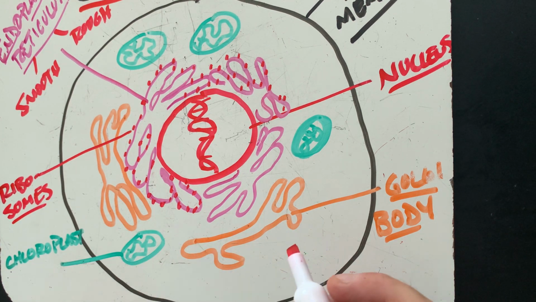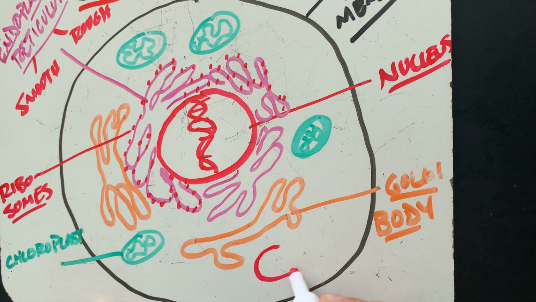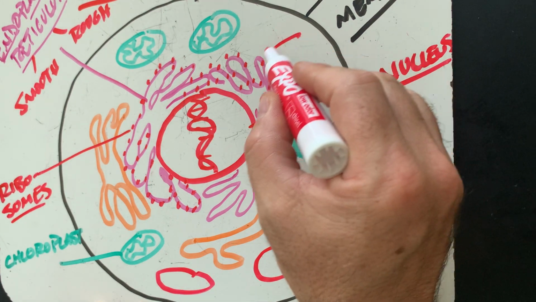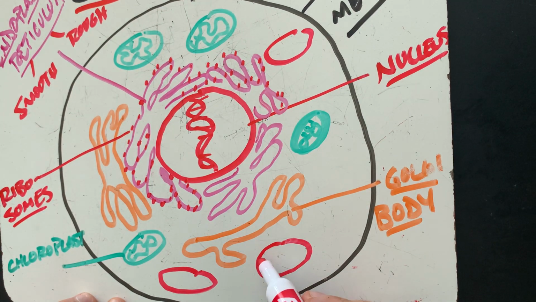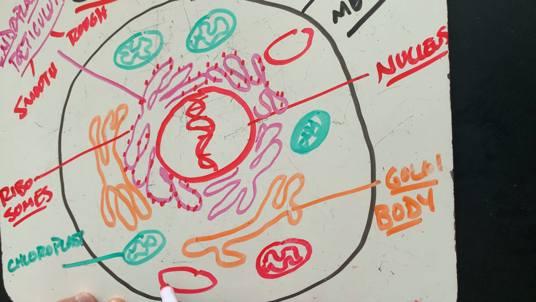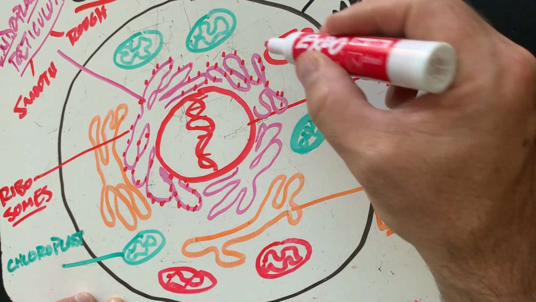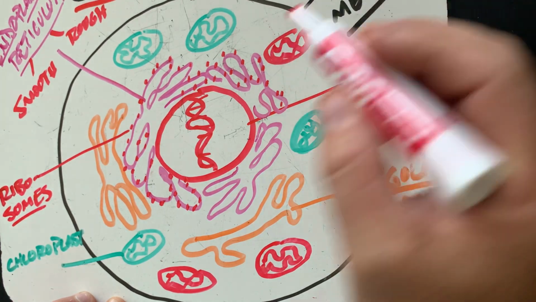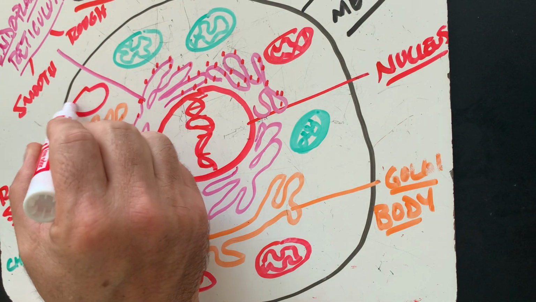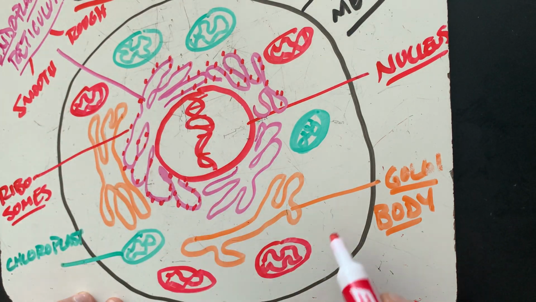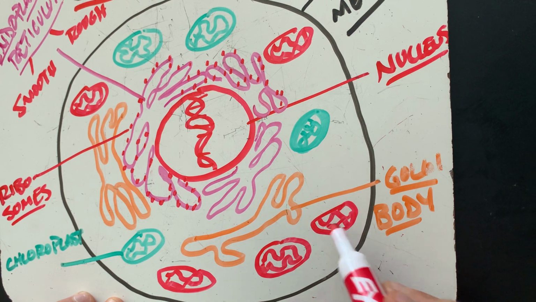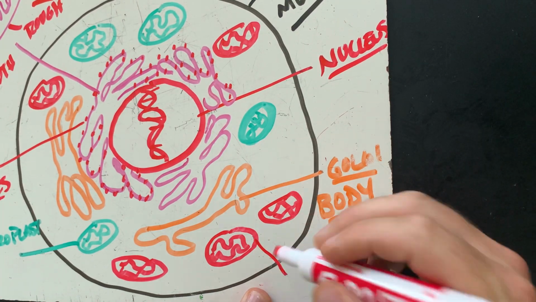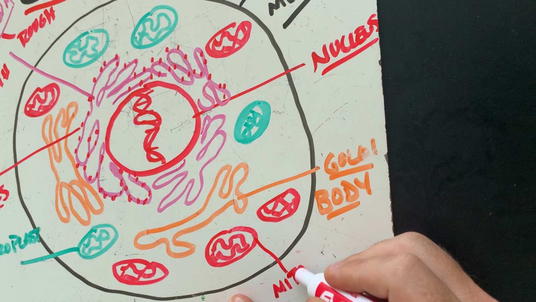And then we'll go to, finally, I'll use red again. And red is going to be my mitochondria. And mitochondria look very similar to chloroplasts. If I were to zoom in on this chloroplast, there's even other structures that I can't really draw for this video that are in there. But they have this also inner membrane as well. So they have two membranes. And these are mitochondria. And I'll draw that right here. Mitochondria.